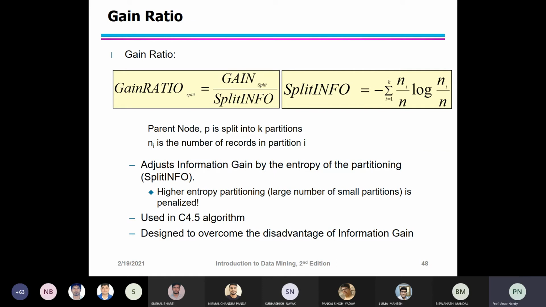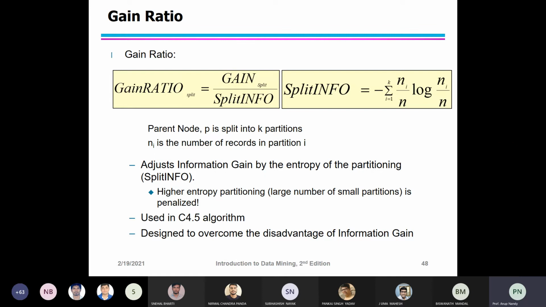The gain ratio is equal to gain split divided by the split information, where k is the total number of splits. If each attribute value has the same number of records, then for all i the probability of vi is 1 by k, and the split information will equal log k base 2. This suggests that if an attribute produces a large number of splits, its split information will also be large, and this in turn reduces the gain ratio.